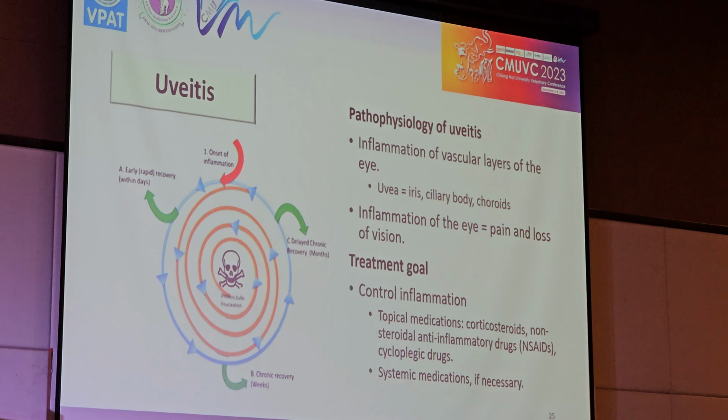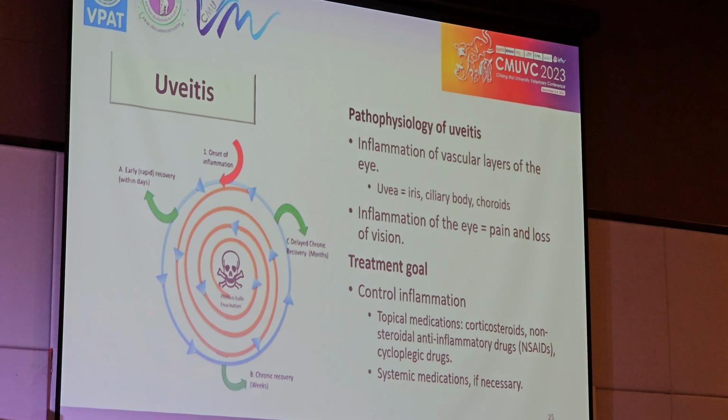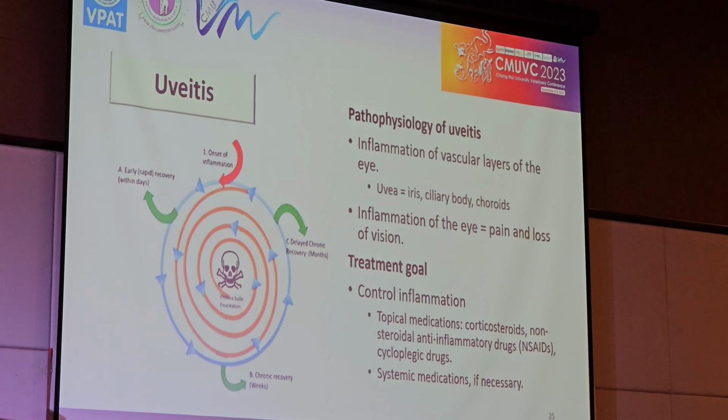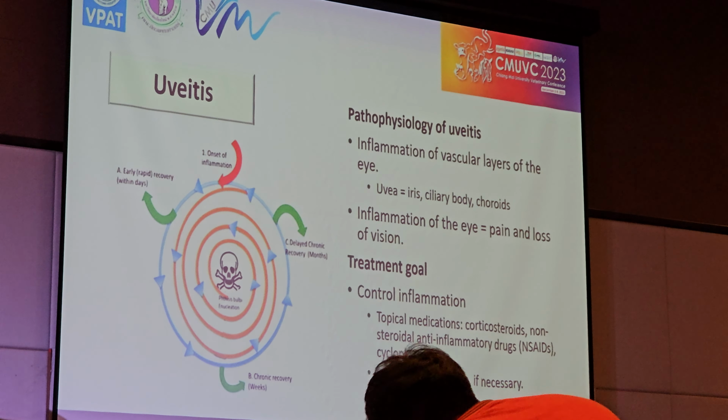Uveitis is the inflammation of the uveal tissue of the eye. Uveitis can be understood like this illustration. The inciting event or trigger is at the top of the figure, which is the red arrow, and the cause of inflammation proceeds in the circular counterclockwise direction. At the center, the diagram depicts the blindness or end-stage inflammation of the eye, also known as